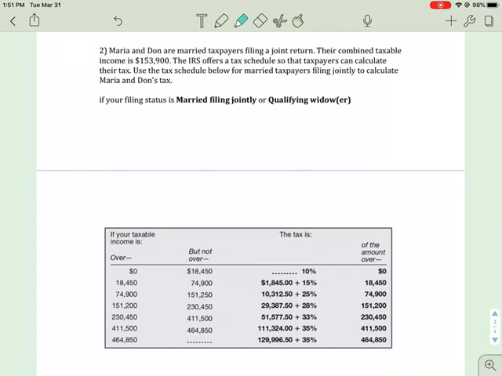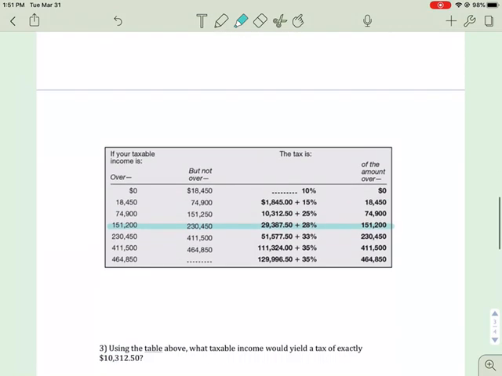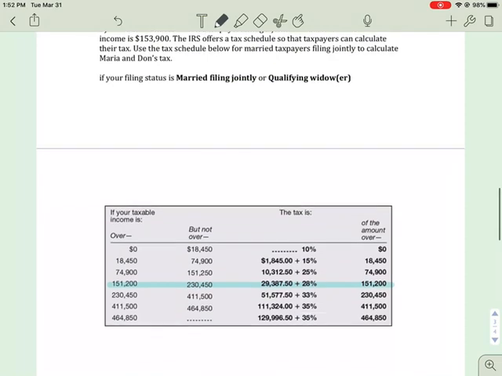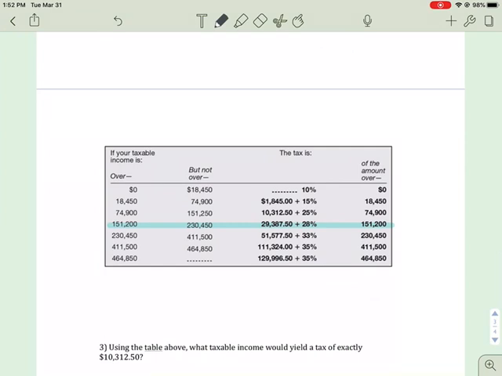All right. So here we're going to look for where $153,900 is between. All right, that looks like it's right here. So I'm going to go all the way across so we have all that. Does that make sense? All right. So let's see what it tells us to do. If your taxable income is in that interval, so it's $153,900, the tax is $29,387.50